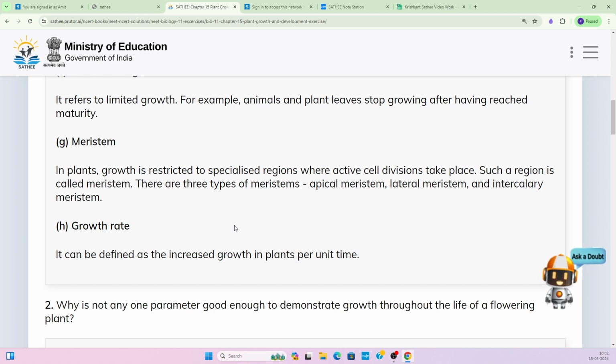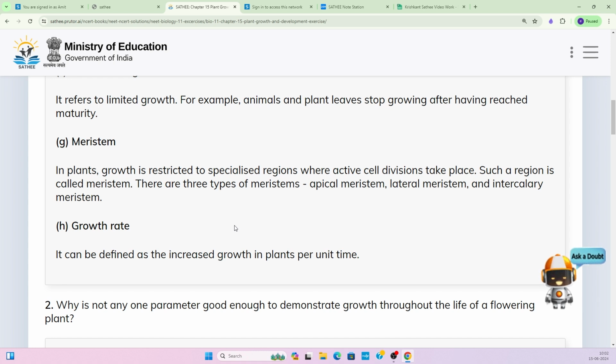And there are three different types of meristem: apical meristem, lateral meristem, and intercalary meristem, depending upon the position. Apical meristem is present at the two apices of the plant, that is the shoot apex and the root apex. Lateral meristem is present in the vascular bundle, in the form of cambium,